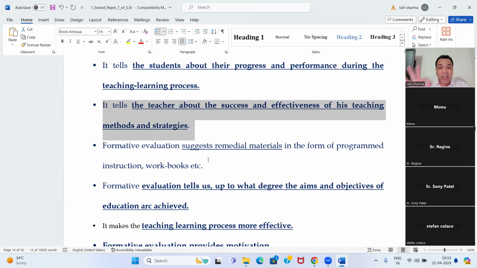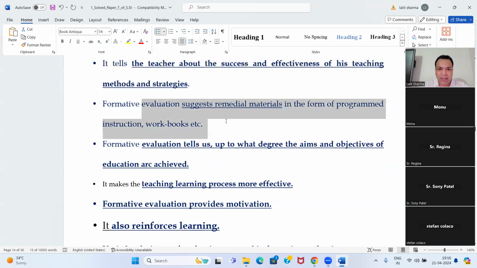ये देखो, evaluation, it also corrects you. It also makes your teaching effective because you are not only evaluating the student, you evaluate yourself also. Your methods, your strategies, you improve them when you start taking the formative evaluation. तभी तो आपने, you have seen that अच्छे जो schools होते हैं, good schools, they have the record of the student from the very first day up to the last when he leaves the school.